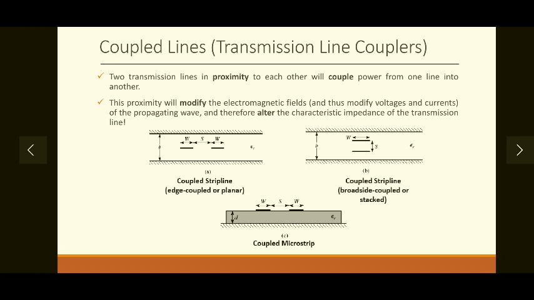Now how does this affect? As we have said, one strip conductor will be provided energy, that is applied voltage or excitation, and applying voltage or excitation to one conductor will generate or couple the power generated to the other conductor which is not excited with any excitation. So this coupling is done from one conductor to another conductor.